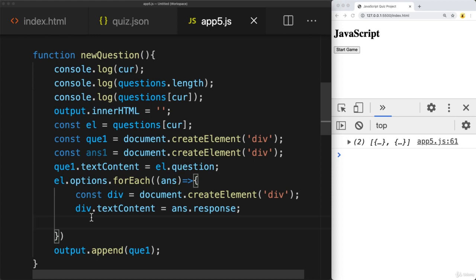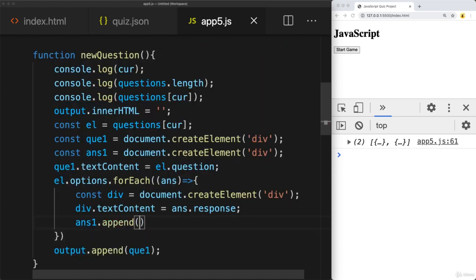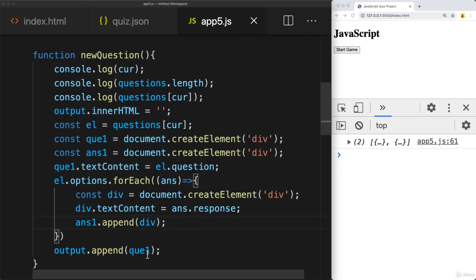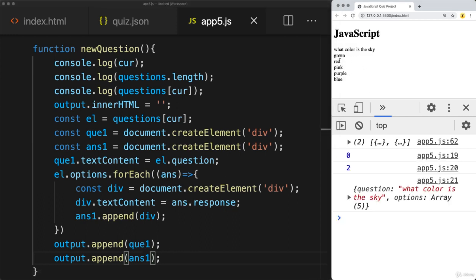And for ans1, let's append the newly created div to that answer. And then after we append the question, let's append the ans1. So when we hit start game, this will give us the question and a listing of each one of the